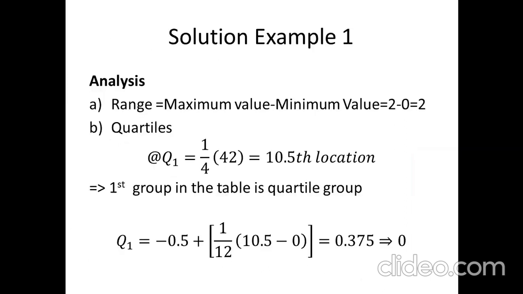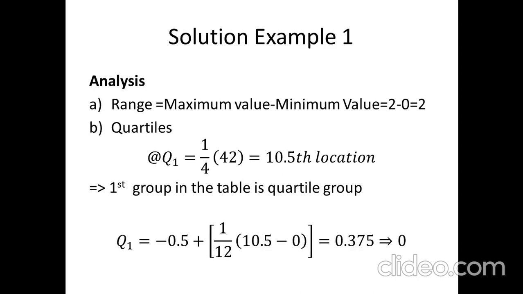Now let's move on to the analysis. In the analysis, the set of formulae that we will be using, I have summarized over here. They are all the same as for the class intervals. We will just see how to use them, right? So let's start with the range. As we know, the range is the difference between the maximum and the minimum value in the data set, and the max value is 2 and the min value is 0. So 2 minus 0 equals 2 makes the range of our data set.